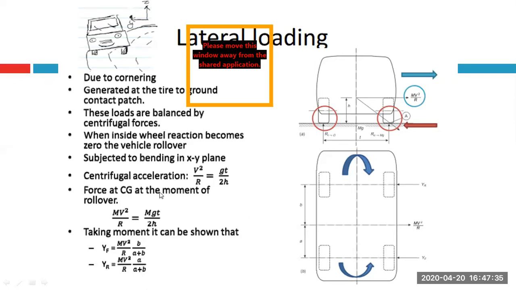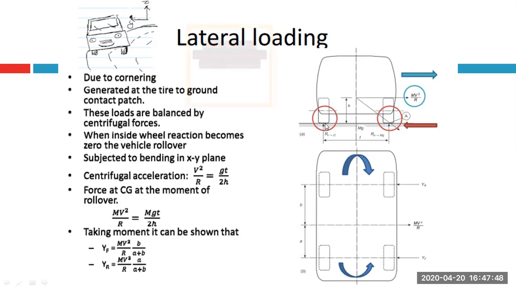The centrifugal acceleration, which is v square upon r, is going to be equal to g into t upon 2h. So g is nothing but the acceleration due to gravity. T is the track width, which has been shown over here. The distance between left wheel and right wheel is the track width. So this is the rear view of your vehicle that you are